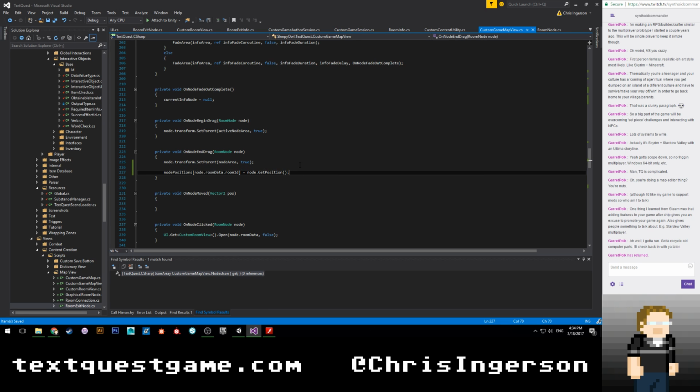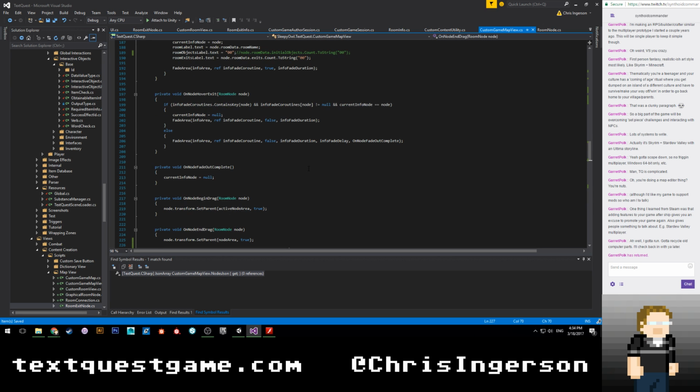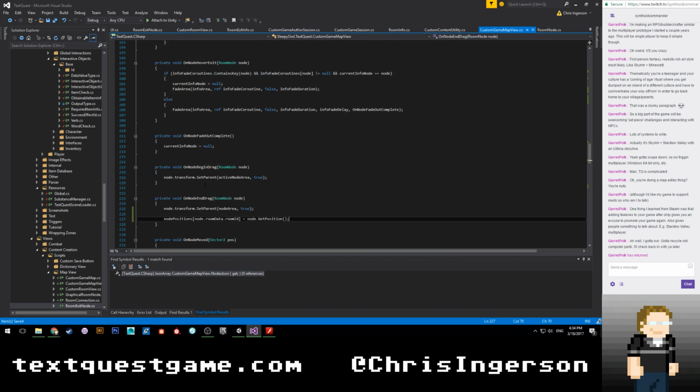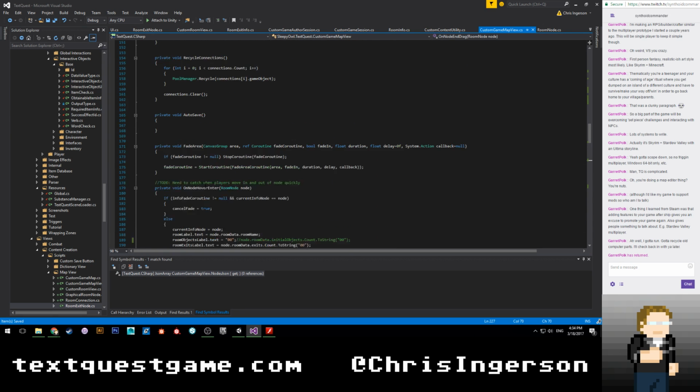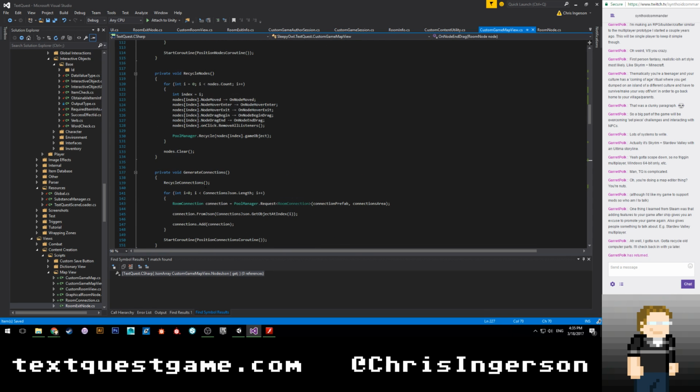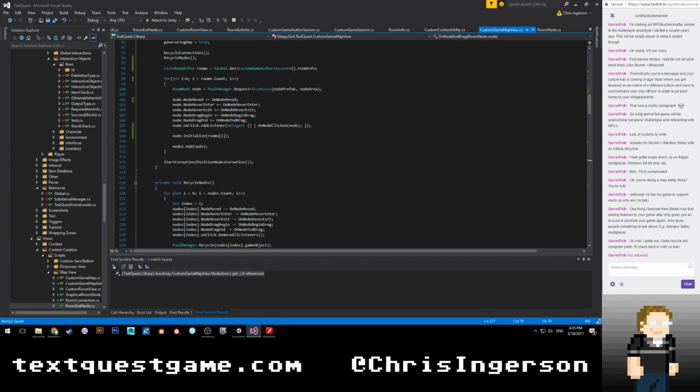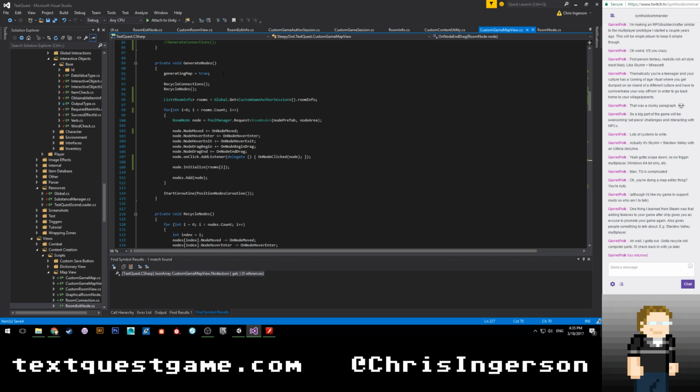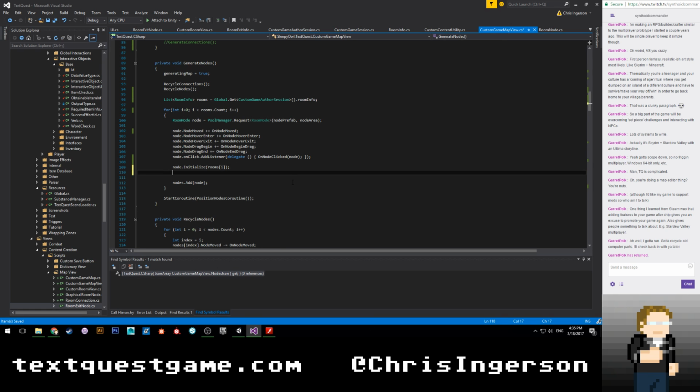Okay. And let's go ahead and say, so we have our node positions on recycle nodes, generate nodes. Okay. We're going to want to say node.Initialize and then node.SetPosition